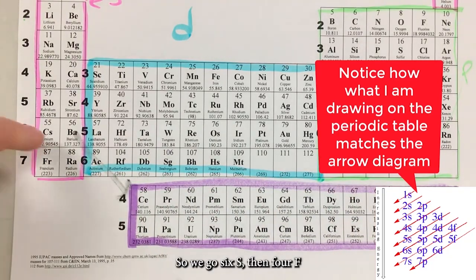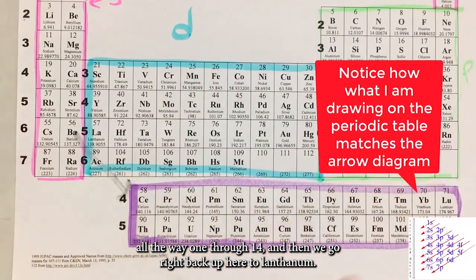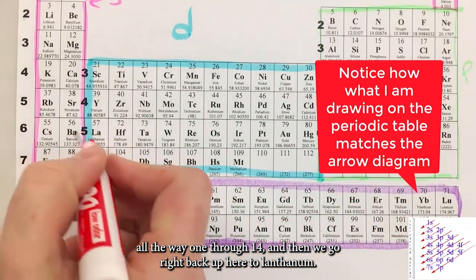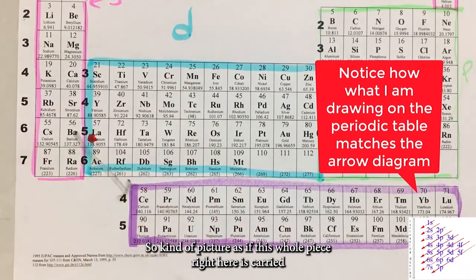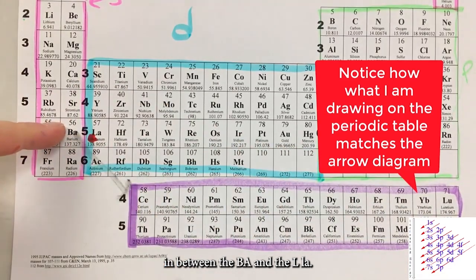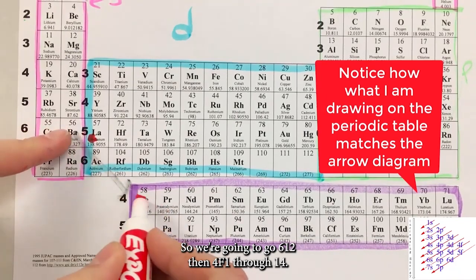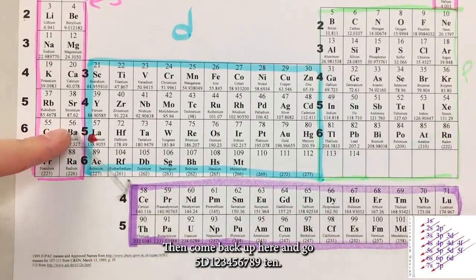So we go 6s, then 4f, all the way 1 through 14, and then we go right back up here to lanthanum. So kind of picture as if this whole piece right here is carroted in between the Ba and the La. So we're going to go 6s, 1, 2, then 4f, 1 through 14, then come back up here